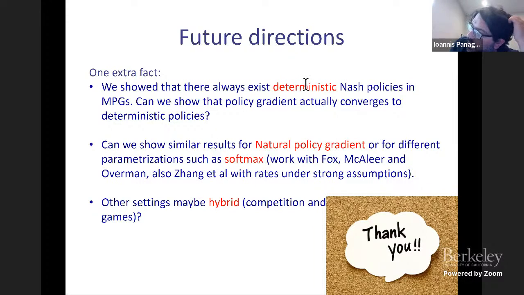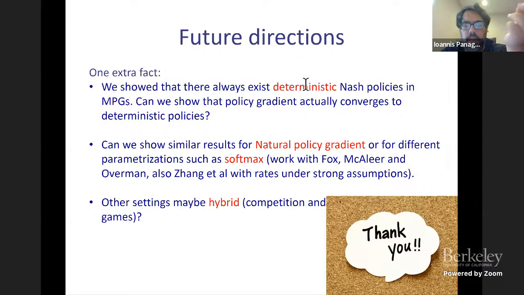In polynomial time, and by polynomial time I mean in the description of the game, you cannot guarantee fast convergence. If you want to talk only about convergence, then the easiest thing you can do is take all possible